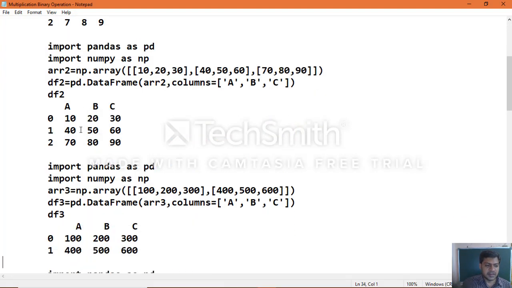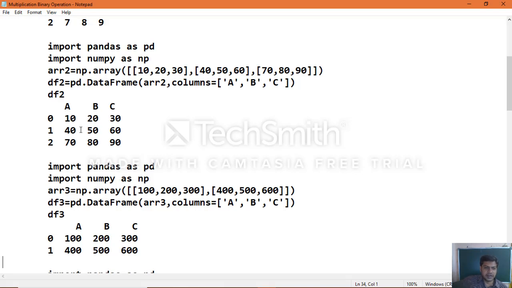Same way, to create data frame object 3, array object 3 equals np dot array of 100, 200, 300, 400, 500, 600.